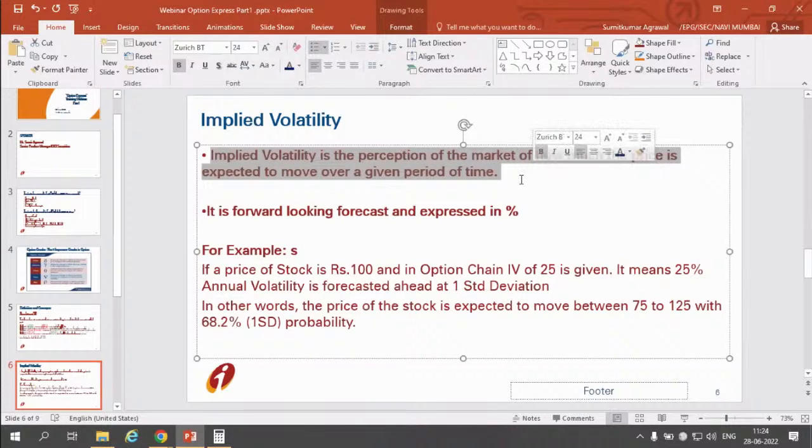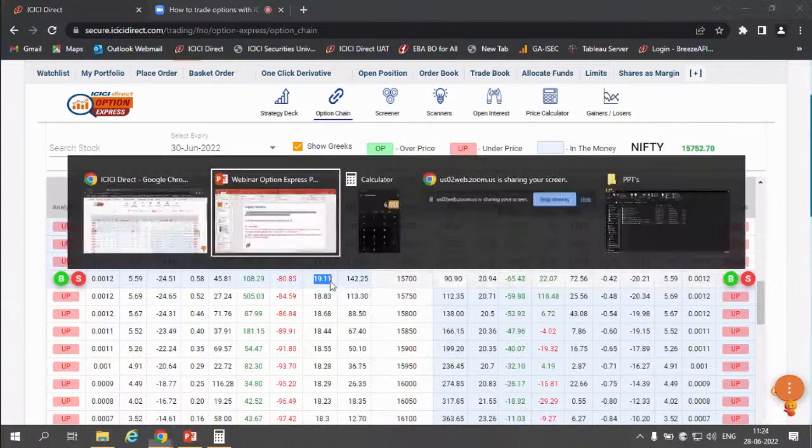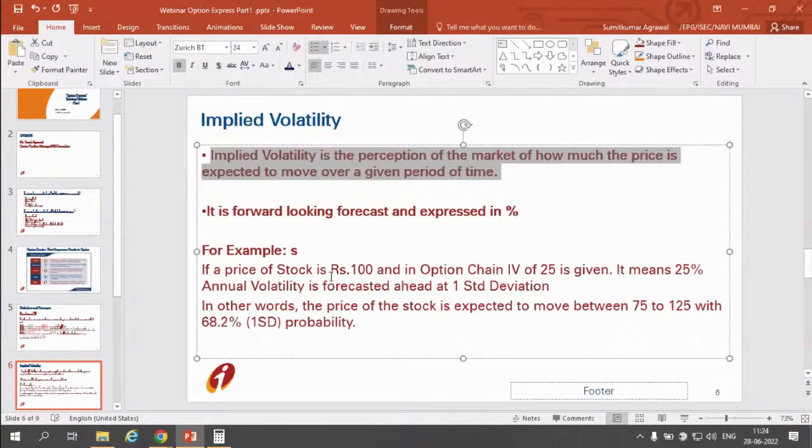So let me come over here. Here it is saying 15,700, and this is about 19%. So IV is actually given as 19%. What exactly does the 19% mean? 19% means that